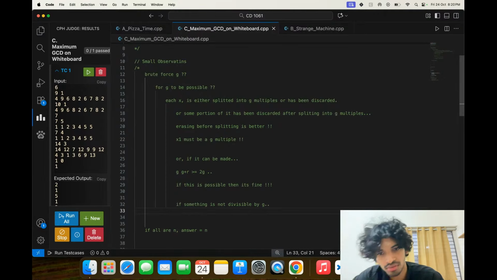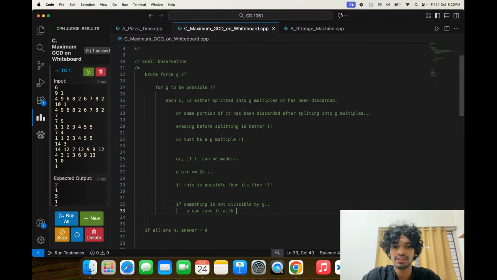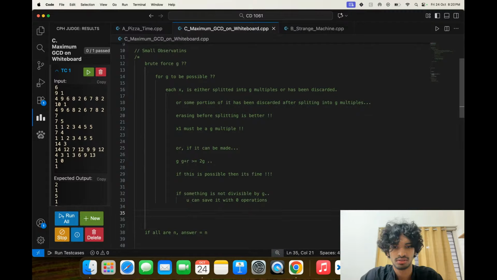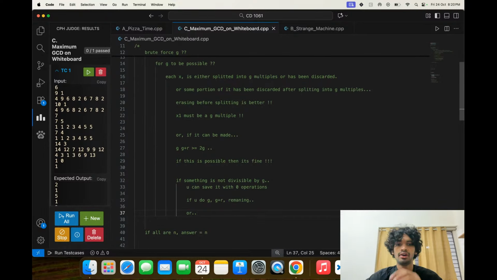g, okay, you can save it with zero operations. If you do g plus r remaining, or you cannot save it, you will have g plus r or you'll have something smaller, then you cannot save